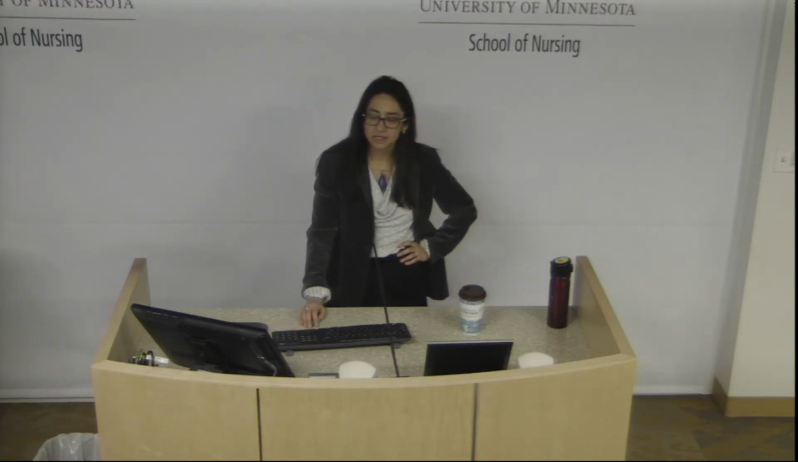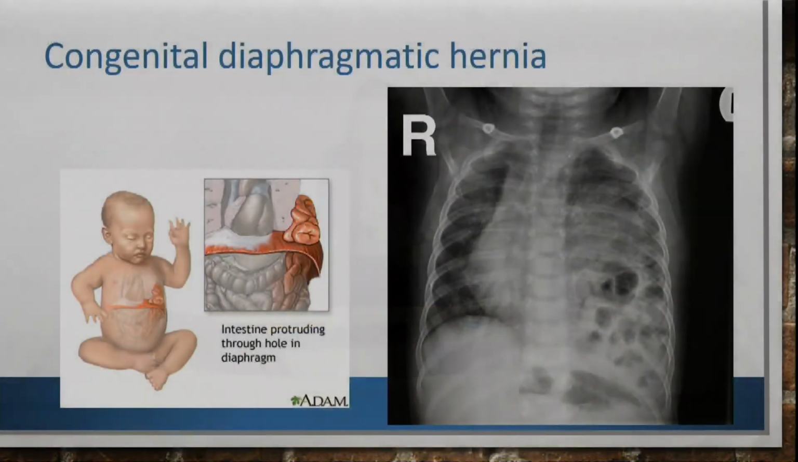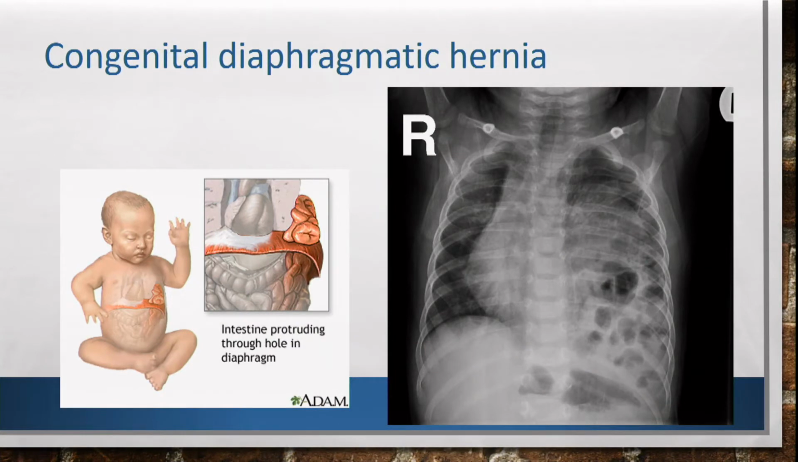Okay. Congenital diaphragmatic hernia, and I briefly mentioned this, but basically what's happening here is that there's an intestine protruding through a hole in the diaphragm. You might imagine with this one, in this x-ray, what do you guys see? Hold on. This chest x-ray. I know you guys haven't done a ton of that for me yet, but